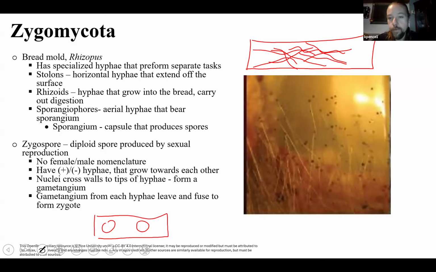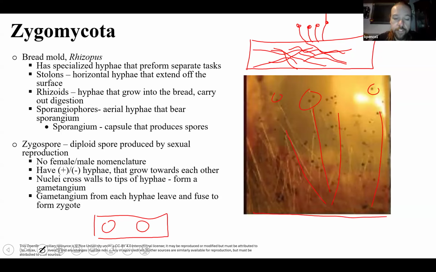So what's inside the bread with the hypha? These are rhizoids. Coming off, you're going to see these little hairs coming out of the bread. Those are stolons. And then at the very tips of these stolons, you're going to have these big black dots. The big black dots are the sporangiophores. We're actually zoomed in on those down here. Again, this bottom area is where the bread's at. These white structures, those are the stolons, and these big black balls, those are sporangiophores.